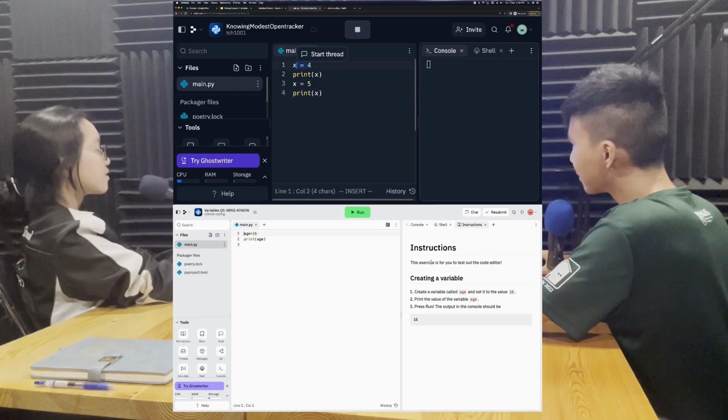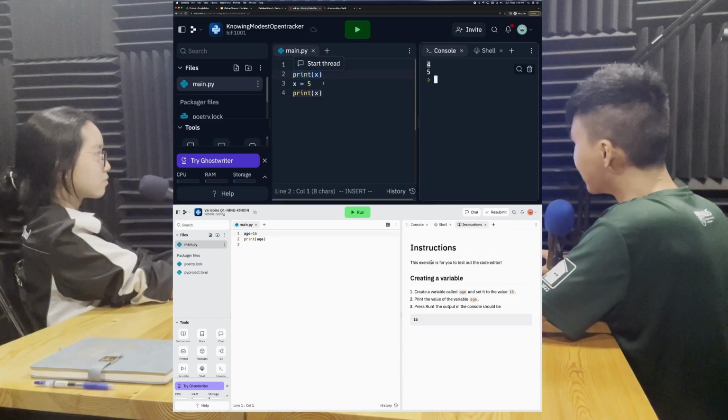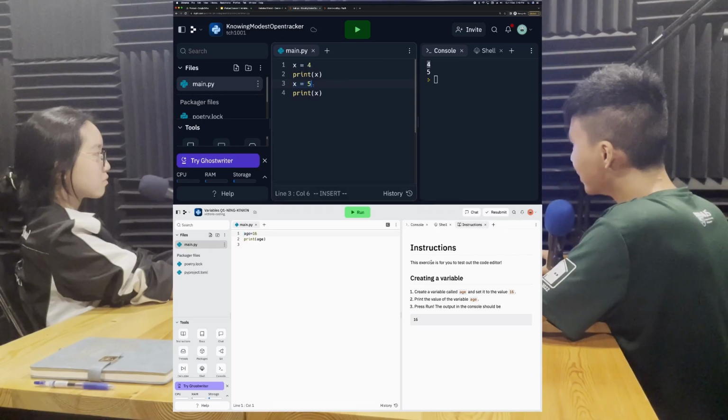What happened was it executed line 1, creating a variable called x with the value of 4. It printed x to the screen, which is why we see 4 appear. Then line 3 reassigned the variable x a new value of 5, and it printed x to the screen, which is why we see 5 appear. Okay, now let's talk about